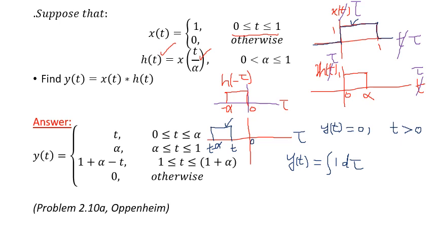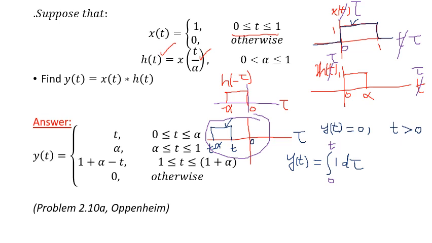If you move this signal towards the right, the point where we have non-zero overlap is tau equals 0. So when you move it, your lower limit will be 0 and your upper limit will be t, and this continues until